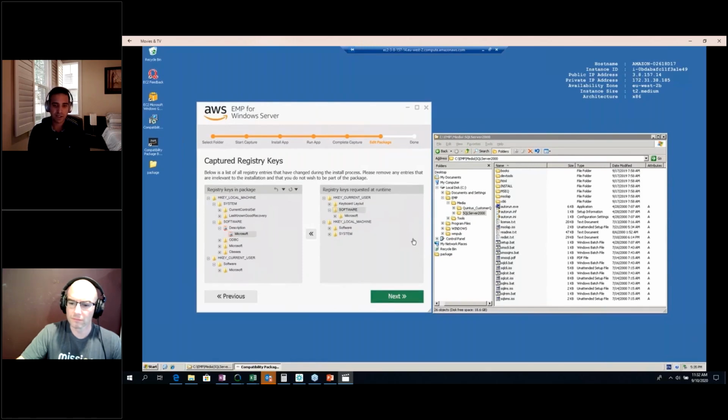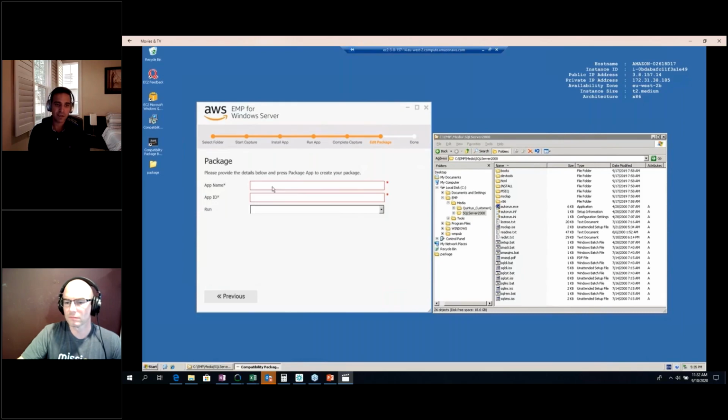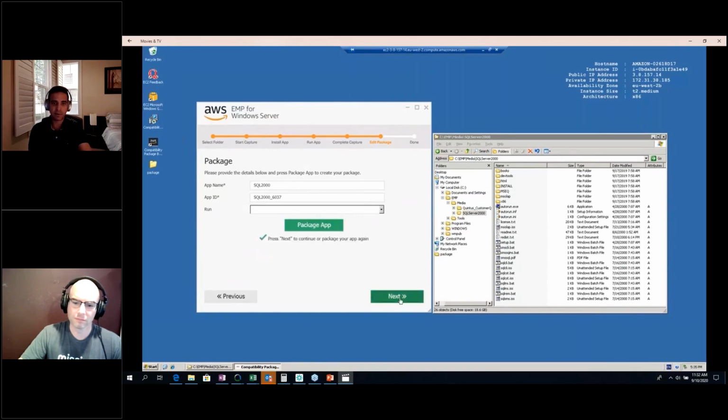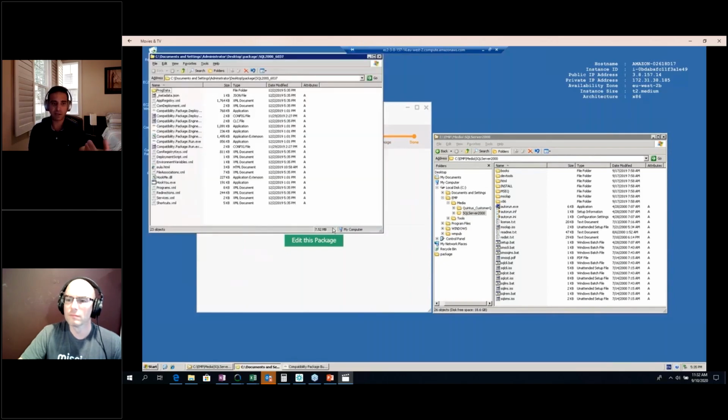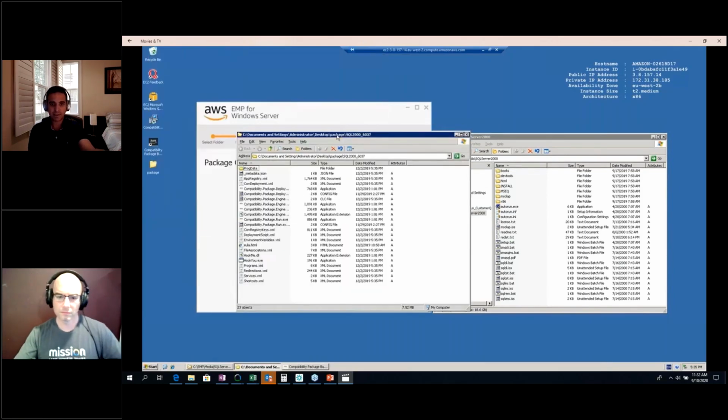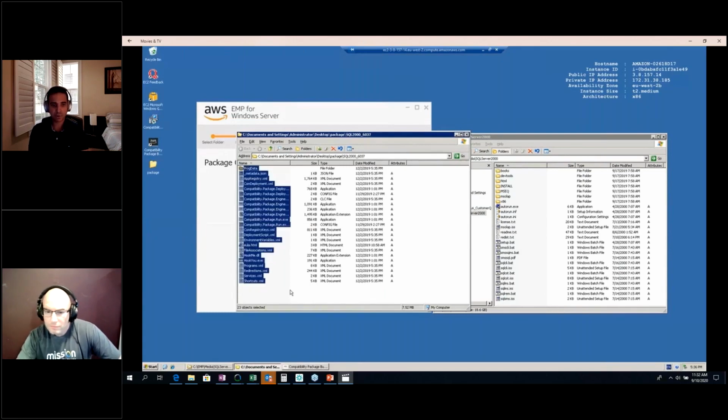So once we have looked through everything, we can give the package a name, and then we just say package application. And what that does essentially is it just dumps everything in a folder on the machine, in that folder that we had originally created, right? So when we click on open package, this is the package that was created by the tool.